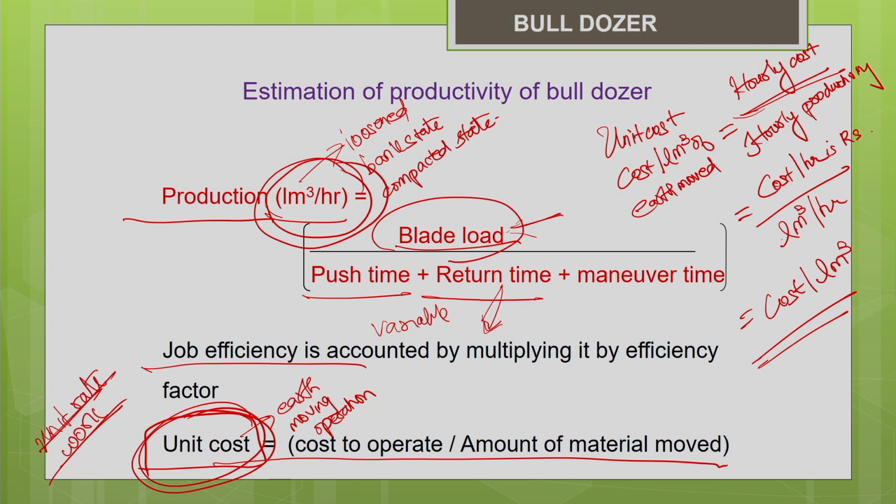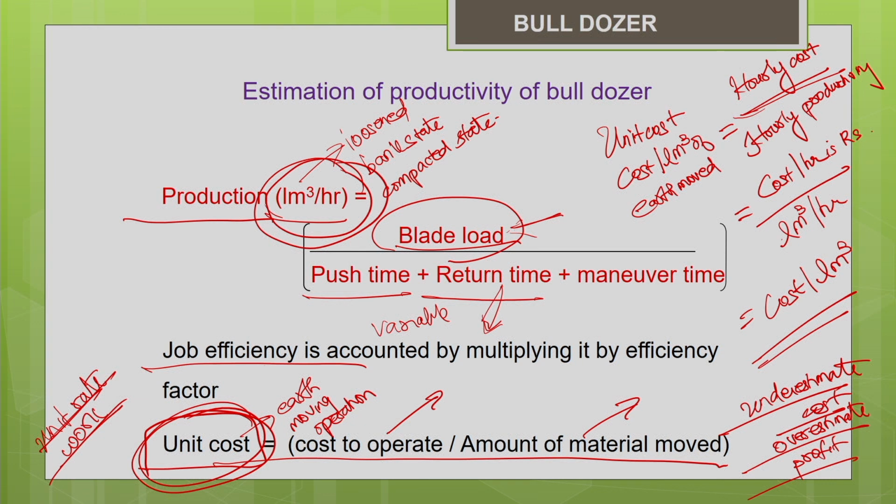Otherwise, as I told you earlier, many times if you do not have thorough knowledge on how to estimate the cost and how to estimate the productivity associated with the machine, you may underestimate the cost. If you underestimate the cost, what happens? You may overestimate your profit. This happens in many cases, and you will end up in problem. You may not be able to realize the real profit which you have estimated on paper. In a real scenario, you won't be able to realize those profits.